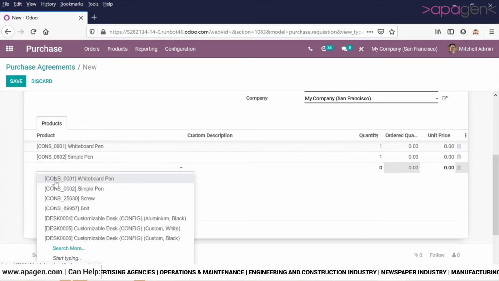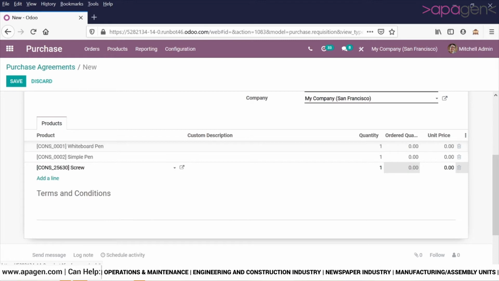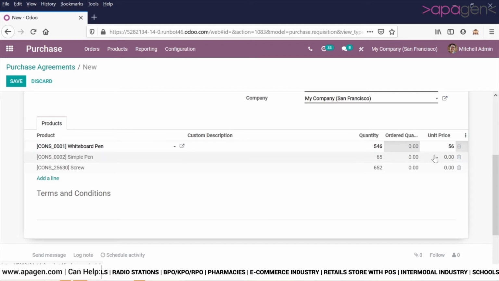I'm going to choose 3 products. I'm going to define the quantity that will be included in the blanket purchase order. I'll also predefine the price.